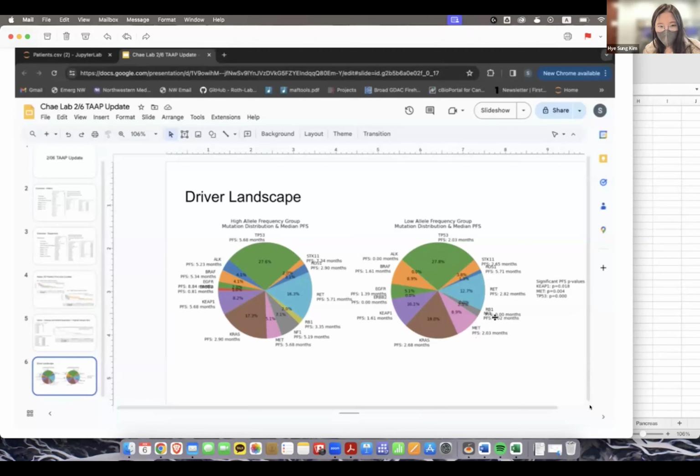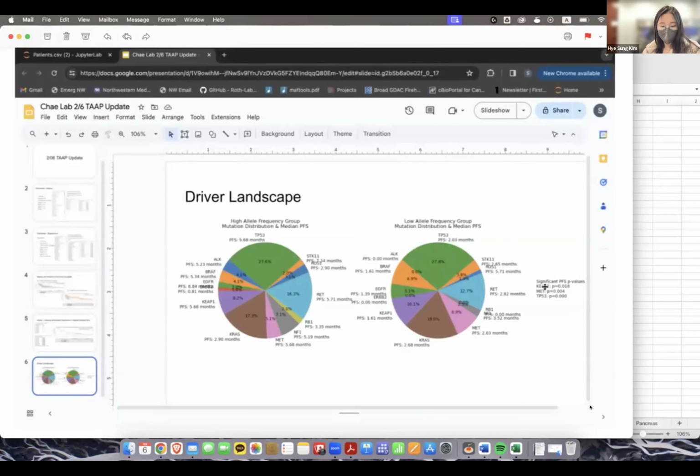5.6 months versus 2.03. It's possible these mutations are present in the same patients, because they're different frequencies, but if there's a TP53 mutation, it also may have, or if there's a MET, there is also a TP53. That's how I make sense of maybe some of these similar values. Something I want to confirm because they're too close, in my opinion.